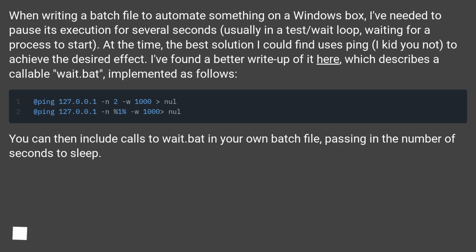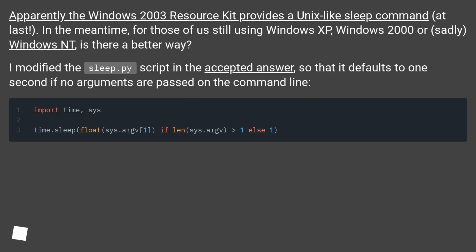I found a better write-up of it here, which describes a callable wait.bat, implemented as follows. You can then include calls to wait.bat in your own batch file, passing in the number of seconds to sleep. Apparently the Windows 2003 Resource Kit provides a Unix-like sleep command, at last. In the meantime, for those of us still using Windows XP, Windows 2000 or, sadly, Windows NT, is there a